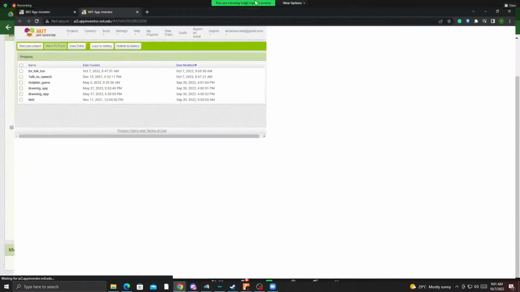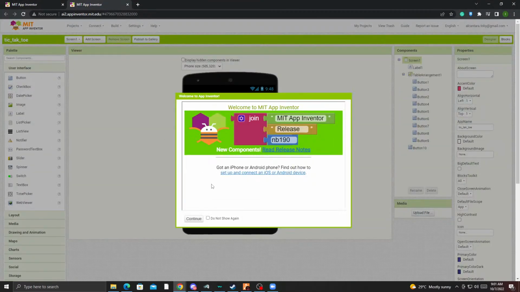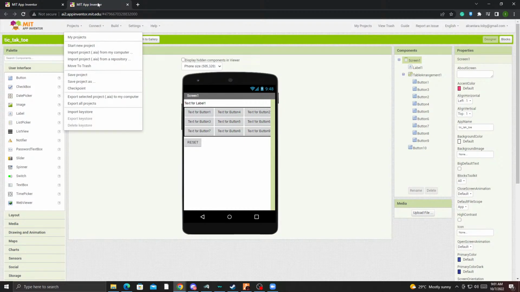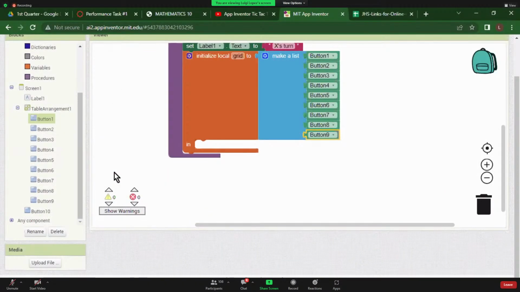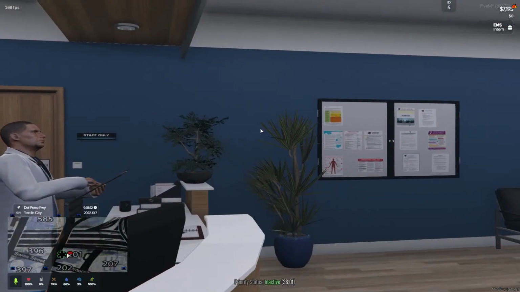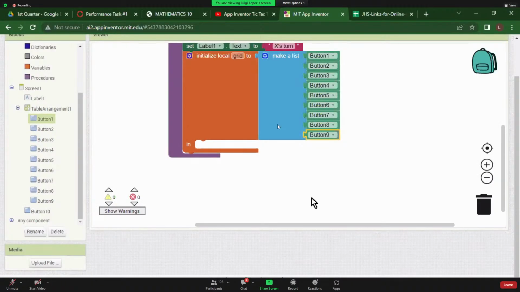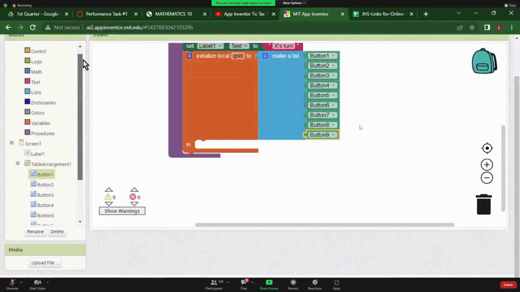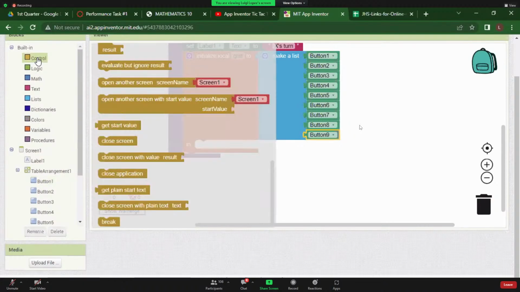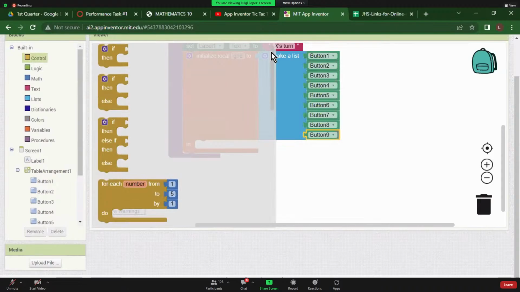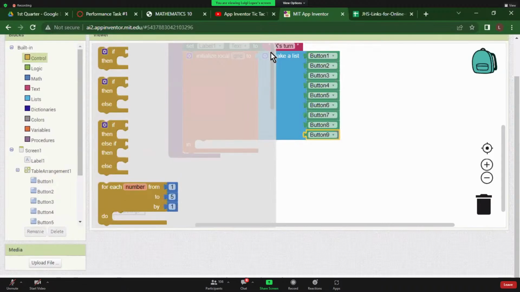Okay. So after that, we will have, okay. So again, we need to set up all of the 9 buttons. And kailangan nakaset up yung 9 buttons natin. Now, after the 9 buttons, go to the control. So, anong gagawin natin? So, what we need to do after this one, we need for each item,